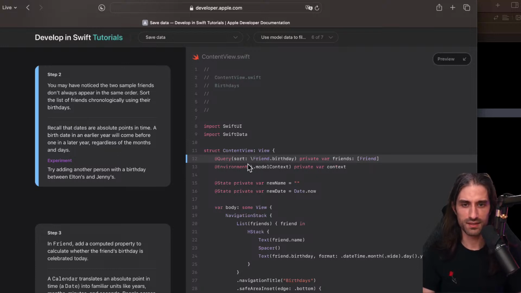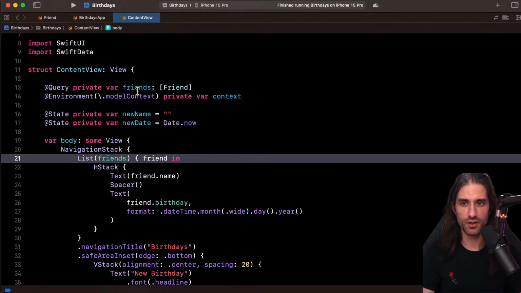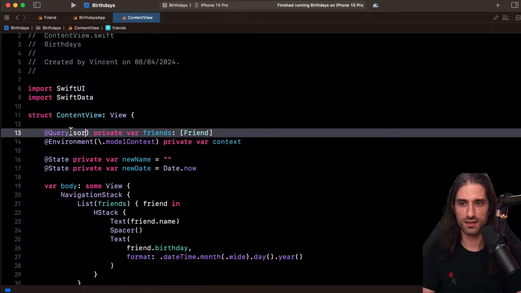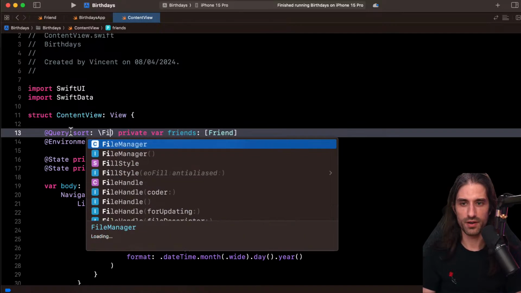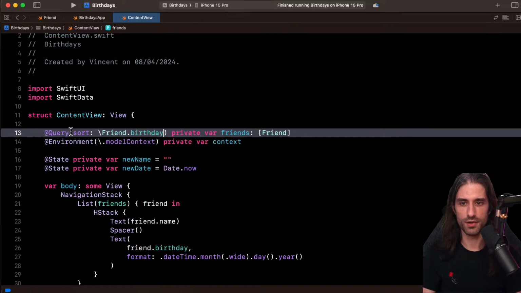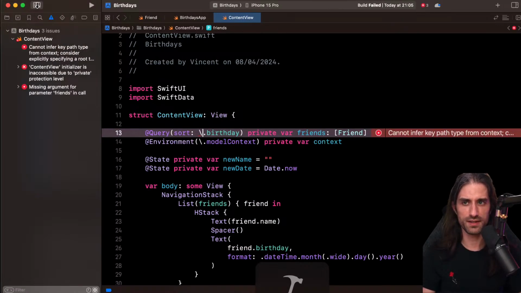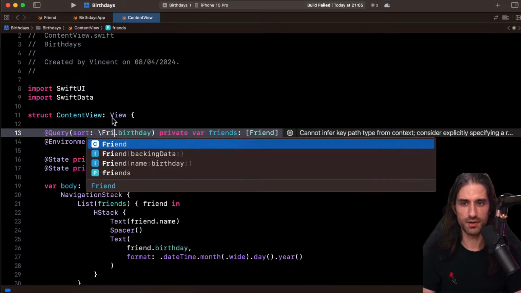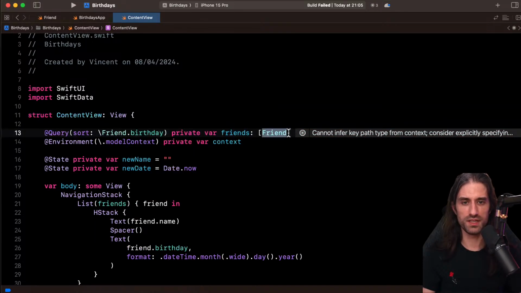All right, so let's try to add this sort argument here. So sort, and we have to say friend.birthday. What's interesting is that we have to specify the type, even though it could have been inferred from here, but I guess since it's an array, maybe I'm asking a bit too much.